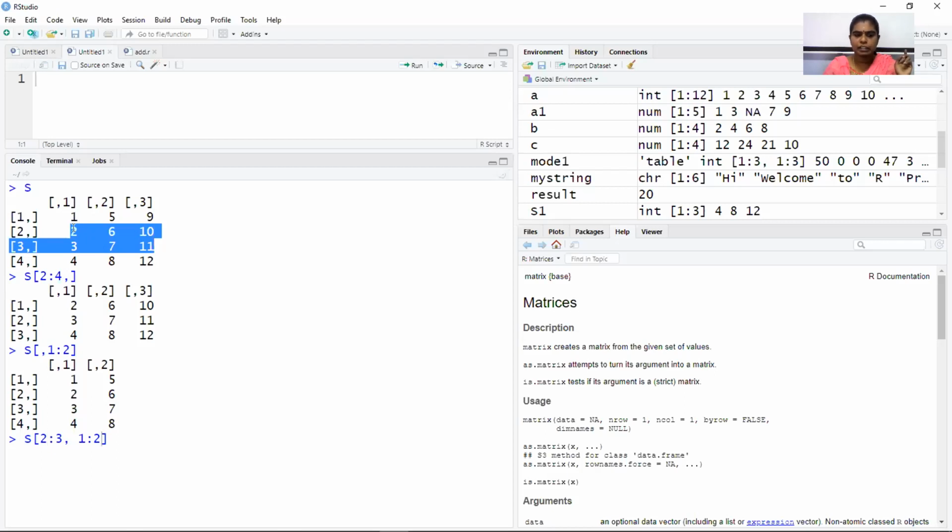I want the first column and second column. So I have given 1 is to 2. And you can see here, we have picked up column number 1 and column number 2, and we didn't want column number 3. So we can access a part of the row and a part of the column. This is the way we can access a matrix. Okay, can you try this?